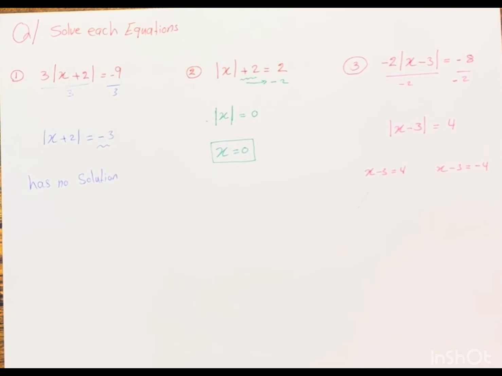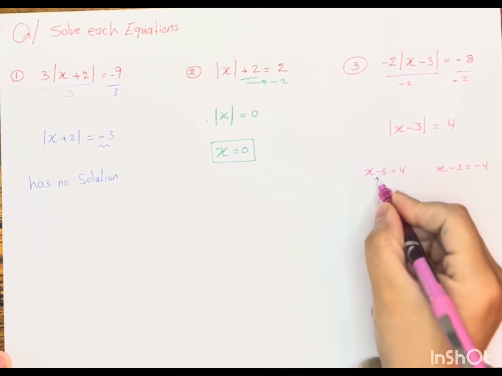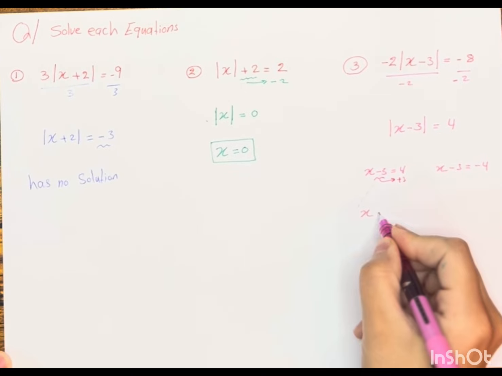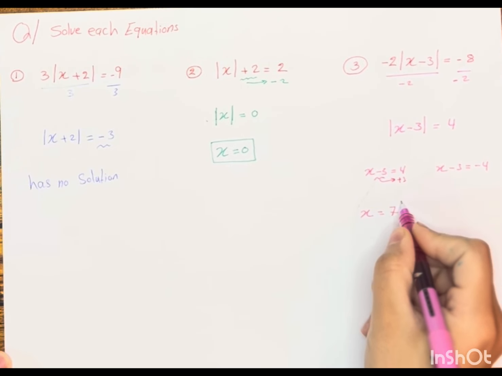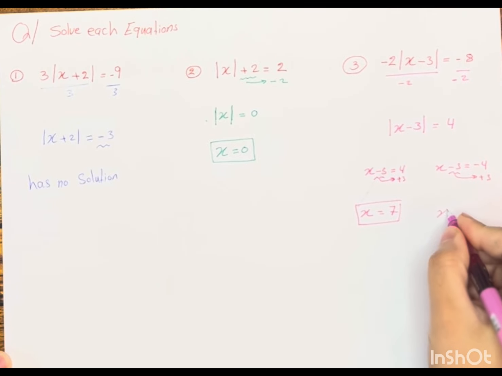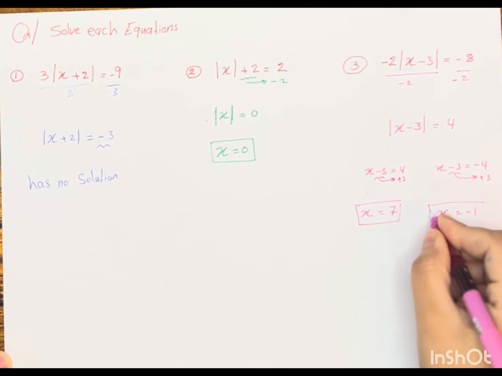If there are two solutions, I will write the same expression equal to positive and equal to negative. Now we need to take this one to the other side, will be positive 3x equal to 7. This is the first solution. Take -3 to the other side, will be positive 3x equal to -1. So we have,